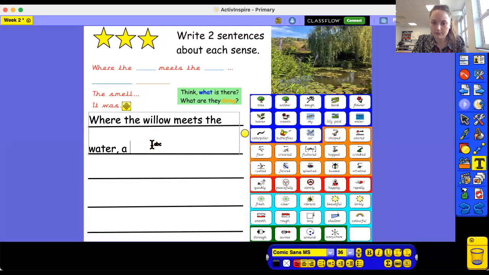What could I talk about? I don't want to talk about the tree or the water because I've already mentioned it was in my sentence. So maybe I could talk about a caterpillar instead, or a butterfly, or a frog. Where the willow meets the water, a frog. What was the frog doing? So I'm looking for a verb now. The frog